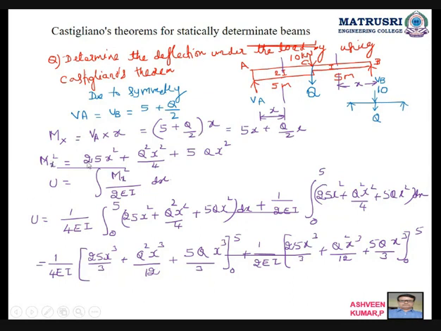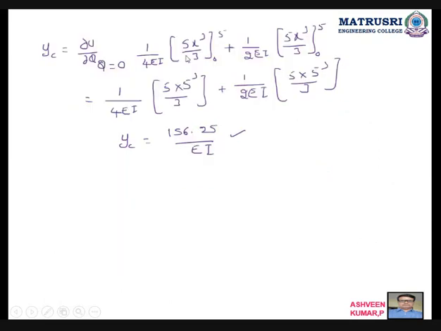I am writing M square, so a plus b whole square formula I am writing. Energy is equal to Mx square by 2EI dx. So this is also the same thing, but the only thing here is I is equal to 2I here. So substitute I is equal to 2I, 1 by 4EI. So whatever you have written, you write here. Similarly here, and go for integration. After integrating, only Q terms you want to take. This is constant. Differentiation of Q square will give 2Q, and the differentiation of Q will give 1. Therefore these two terms you want to consider. So I consider like this, then apply the limits, lower limit and upper limit. 0 is the lower limit, so no need to consider that one. 5, 5.